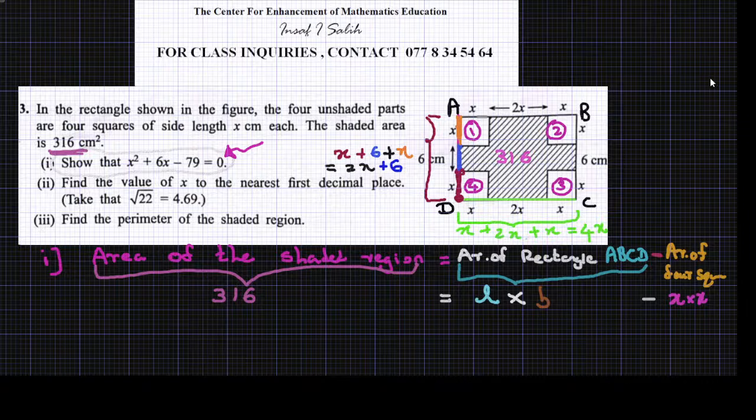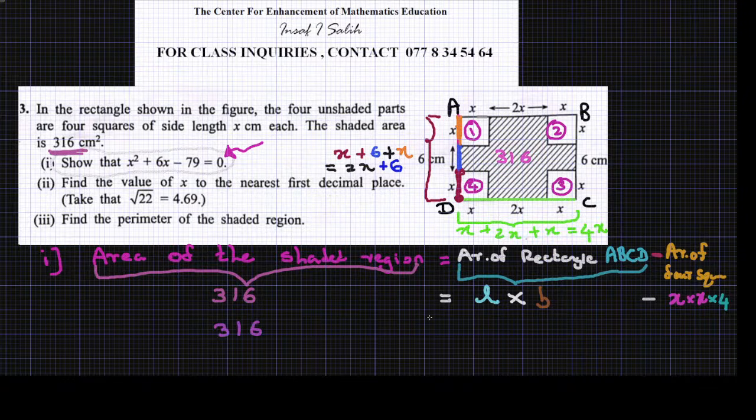But what have we said here? We have said we are removing 4 squares from the rectangle ABCD. The square number 1, 2, 3 and 4, and all of them are congruent. They are identical to each other. So we find the area of one square, then multiply by 4, the area of 4 squares. So then we get